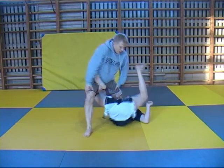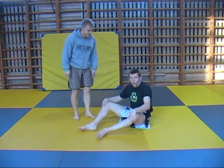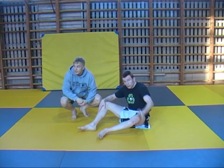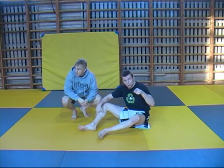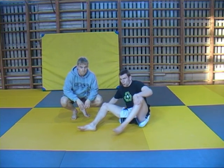If you like to go for knee bars, yay for you. If you like to do arm bars, triangles from there, great. But everybody should know the good posture and the pressure. And what's wrong with this is,